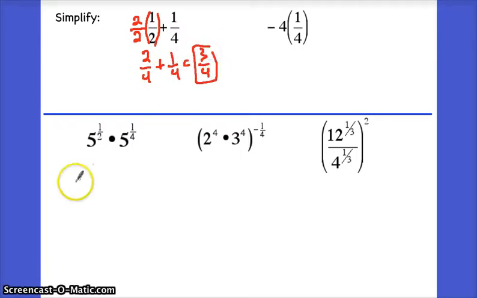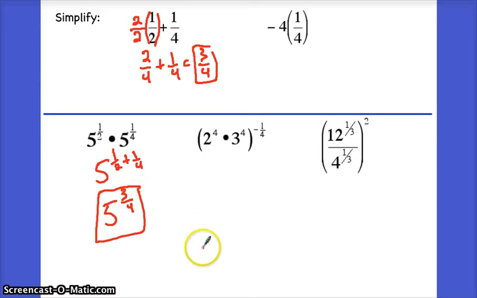Now, the idea like that can help you if you're multiplying two expressions with equal bases. Remember, if you're multiplying with equal bases, you can essentially add your exponents. And in that case, 1/2 plus 1/4, as we just found out, is 5 to the 3/4, and that is a fairly simplified expression. Now, you can't do that when you don't have equal bases, but if you're multiplying exponents,